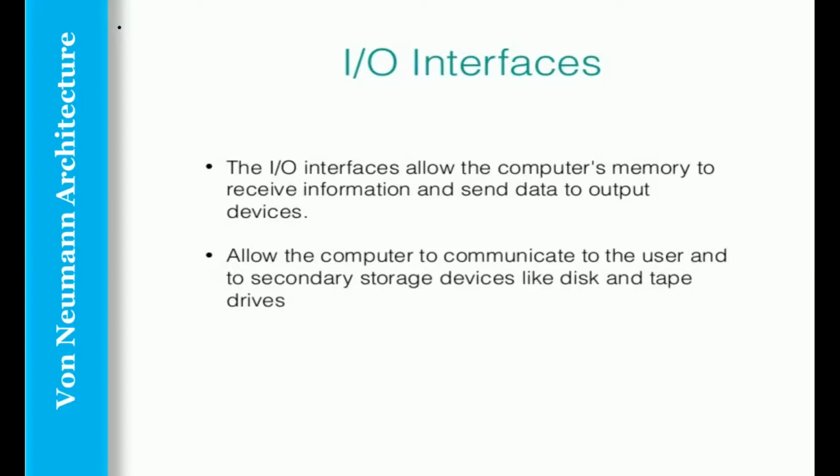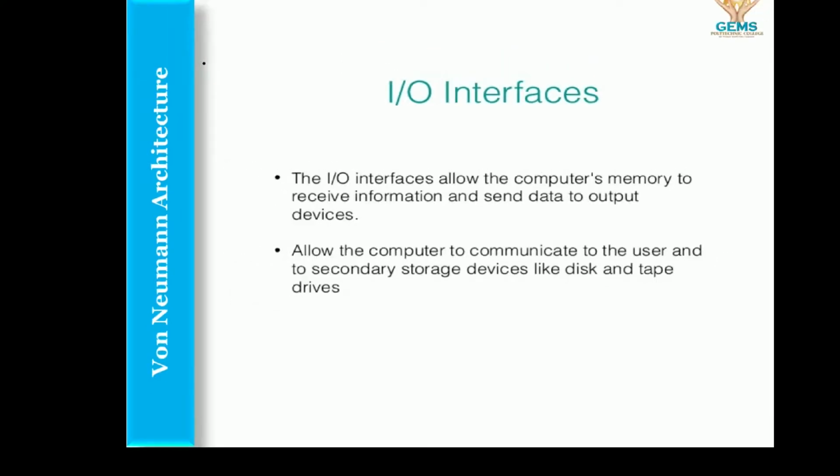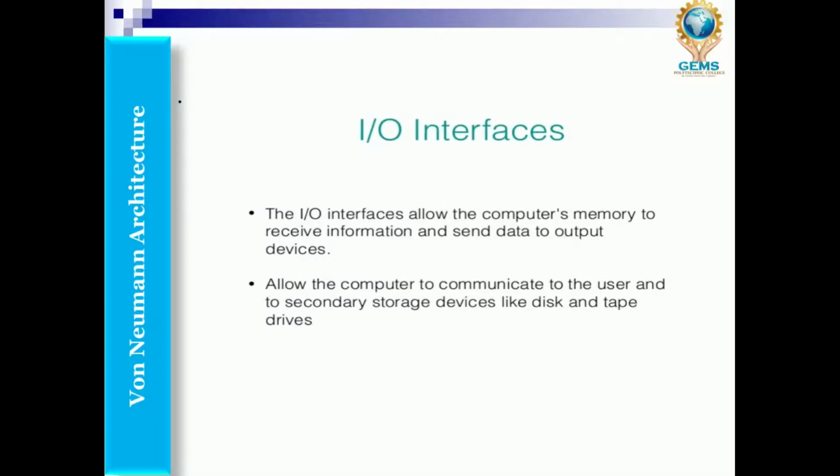Now it will take the information from you, and it will connect with secondary storage devices like disk and tape drives. This is called communication. Every part of this is done by the I/O interface. This is the functionality of the interface: communication from one part to another part internally, at the same time taking the information from the input and sending it to the output device. This is a part of the work of the I/O interface.